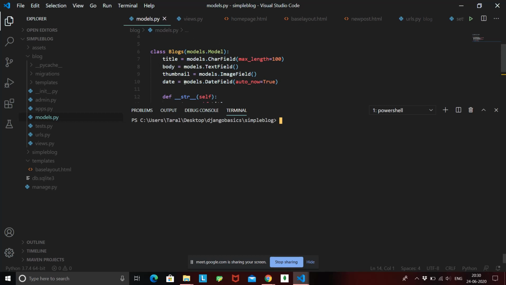And now we need to migrate this newly created model that we have, because this is a new model. We have added a field that is thumbnail. So what we need to do is migrate this. The procedure was python manage.py makemigrations. Makemigrations will create this table. Make sure the spelling is correct, makemigrations, and when I hit enter,